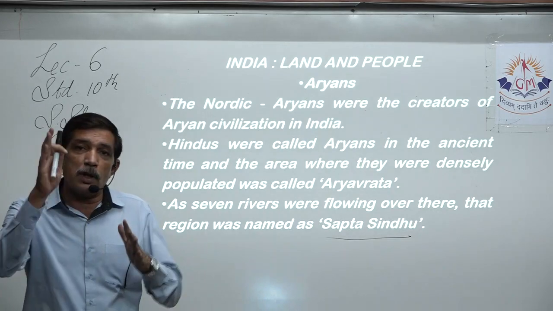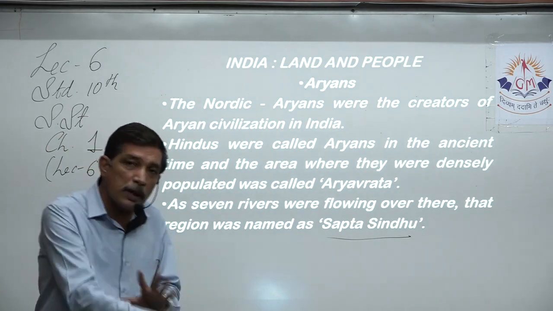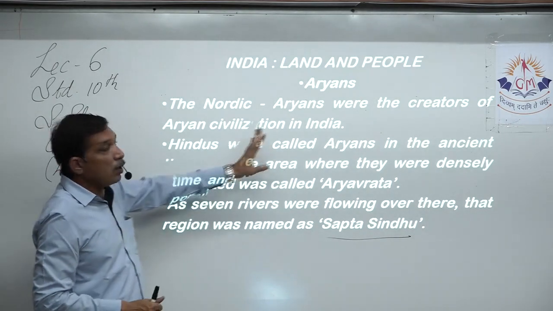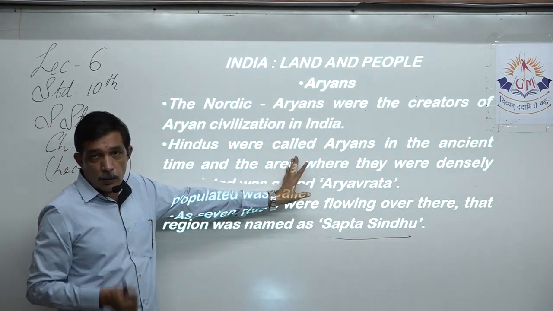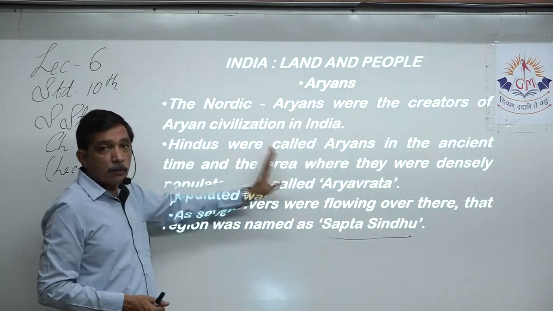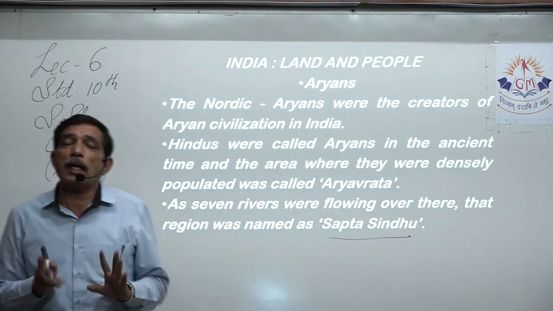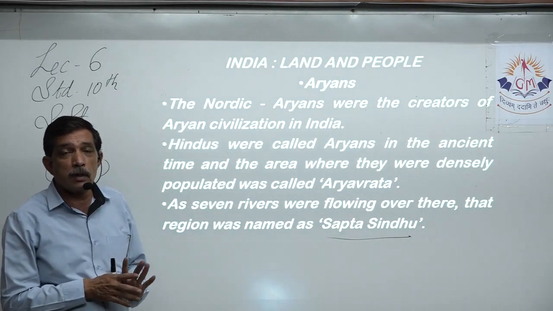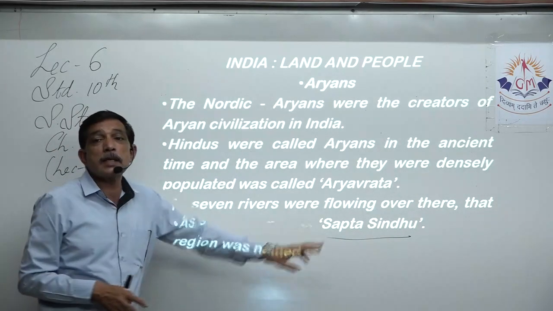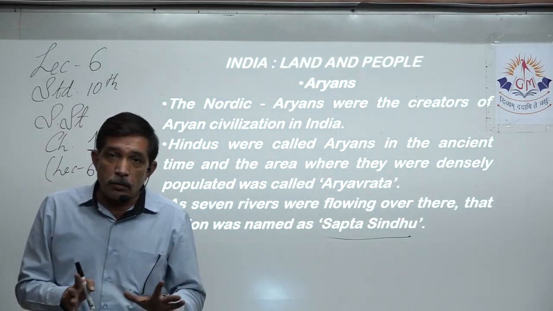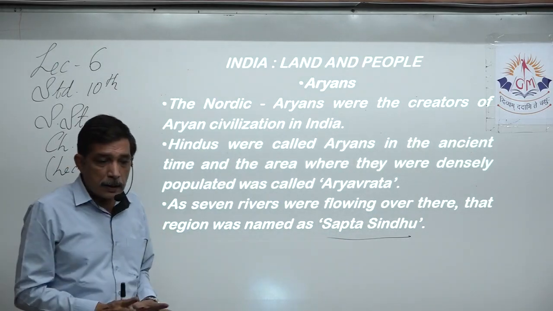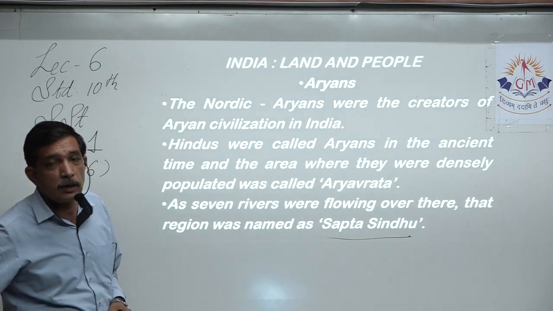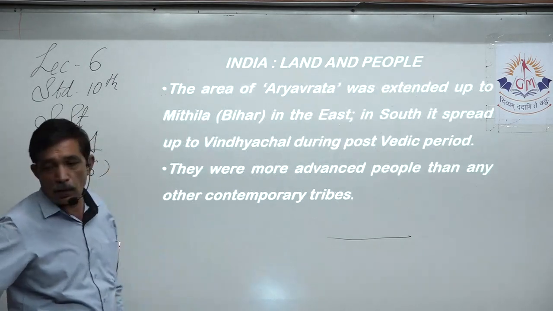Sapta Sindhu. We have the Indus river itself, then we have the five rivers. Actually that is four, as one of the rivers dumps its water into another tributary. So the Indus river plus four rivers, the tributaries of Indus, making it five, plus two rivers, the Yamuna and Ganga. The area in between those seven rivers is known as Sapta Sindhu, and that is where the Aryans settled, and that is how it is known as Aryavarta, the Aryan civilization settled in Sapta Sindhu.